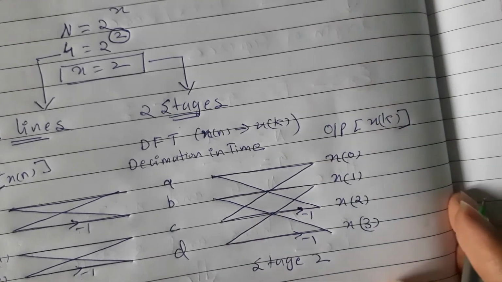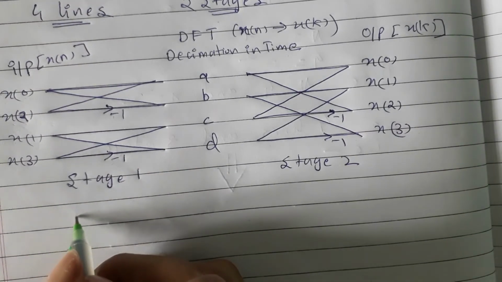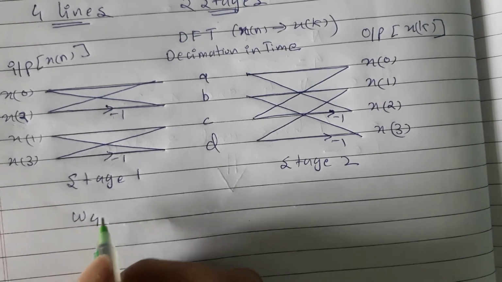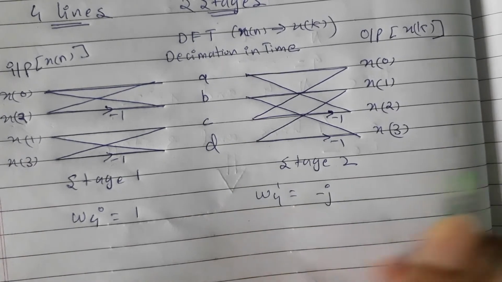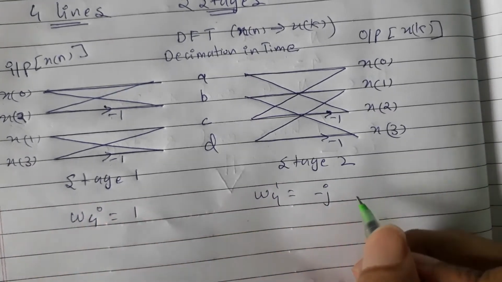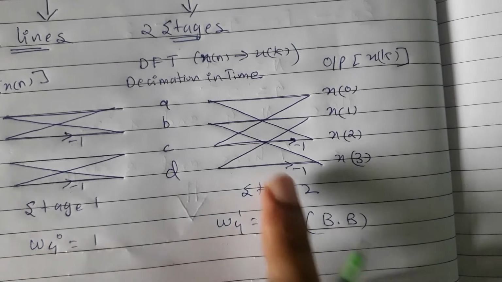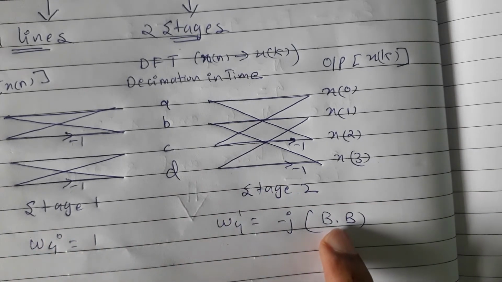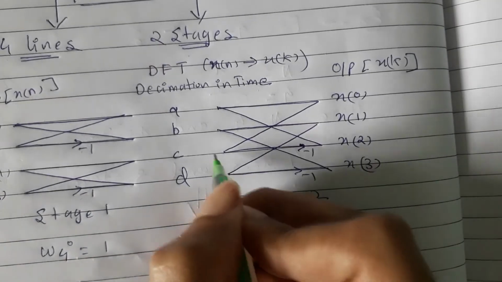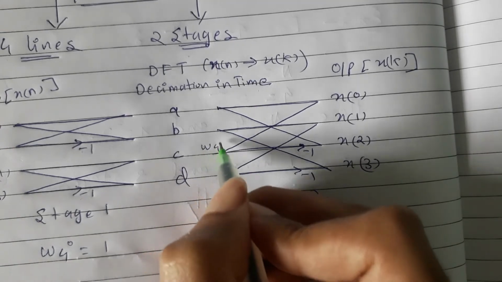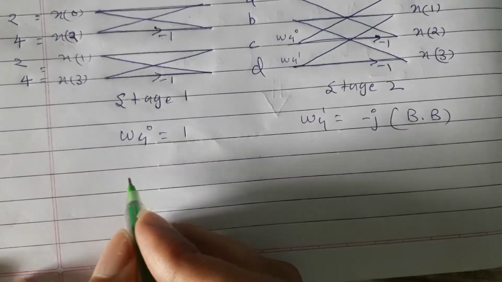Now if you have watched my previous videos, you must be knowing the twiddle factors. So therefore W4^0 is equal to 1 and W4^1 is equal to minus j. So these 2 points we will only apply to the bigger butterfly, BB for short. So to remember this, I wrote here bigger big butterfly. So here we will extend this line a little bit, and now we will move towards the calculation of our stage 1.